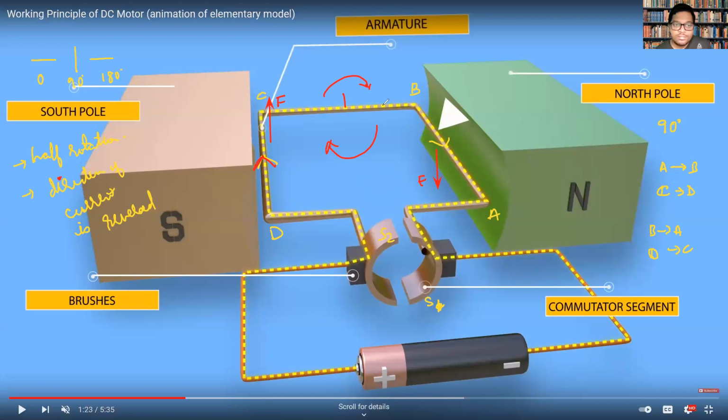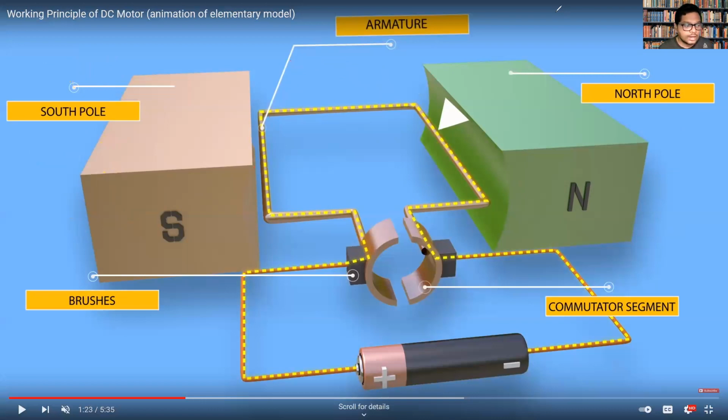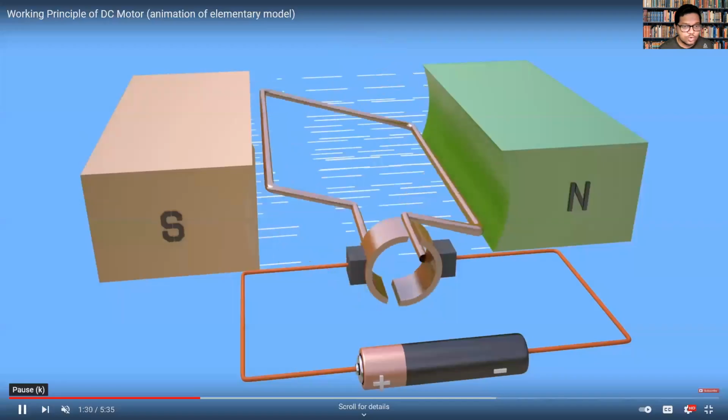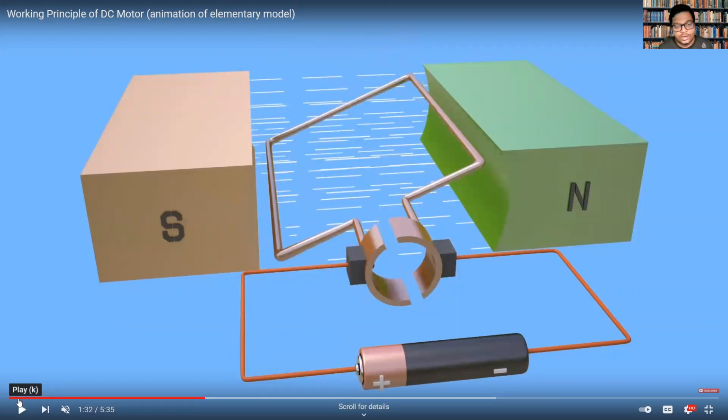Okay, so this is how a DC motor works. And you know, where the axle is connected here, to that axle, if you connect, say, a fan like this, that fan will start rotating. If you connect any machine, that will start working. So that is how the DC motor works. Okay, now if you allow this current to flow ahead, this motor will keep spinning like this, until you stop the current from flowing.